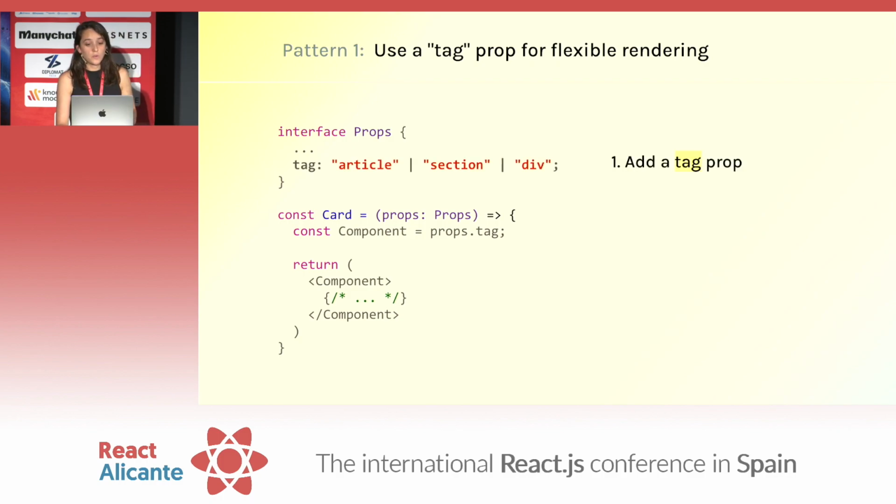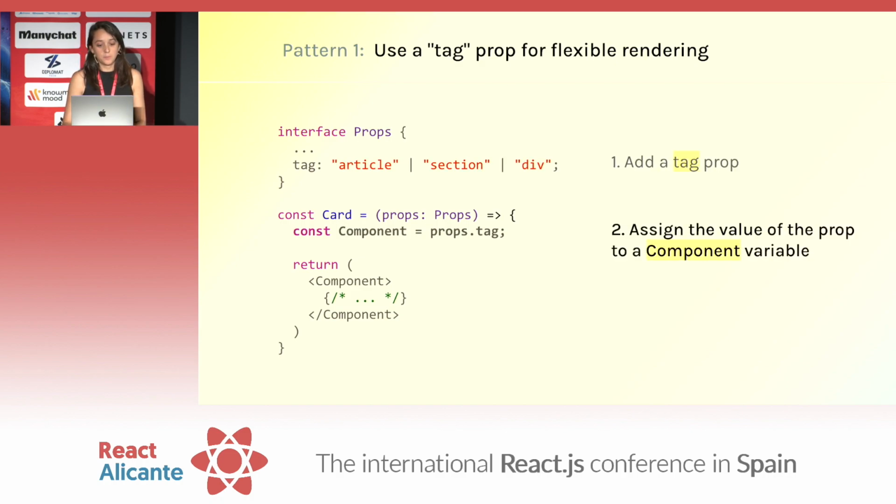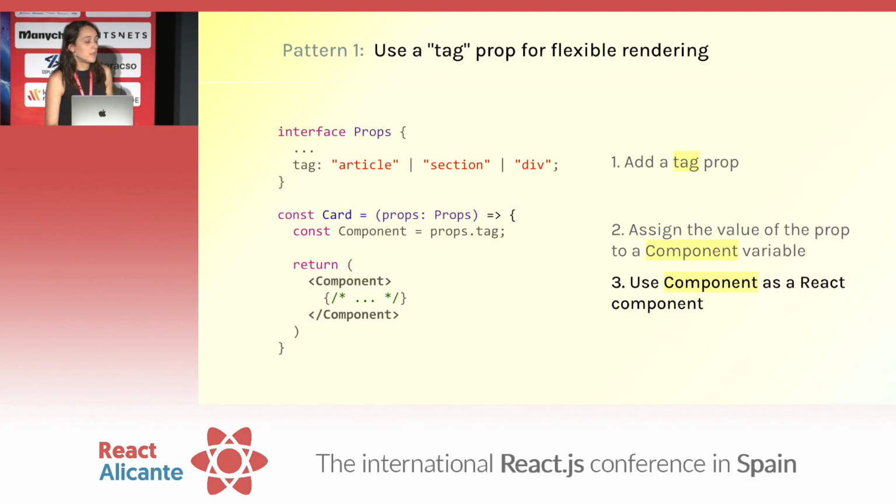So to give the consumer the choice, the first thing to do is to add a tag prop, whose intent is to determine the tag that will be rendered. In this example, the prop allows a list of hard-coded values, but you could be more permissive. It's good to use TypeScript here to make sure that only a valid HTML tag can be accepted. For the example, I also make this prop mandatory, but in many cases, you want it to be optional and have a default tag as a fallback. The second thing you want to do is to assign the value of the prop to a variable. For example, here we're going to name it component, and lastly, use this variable as a React component. And that's it. This way, the card will render either an article, a section, or a div, depending on what